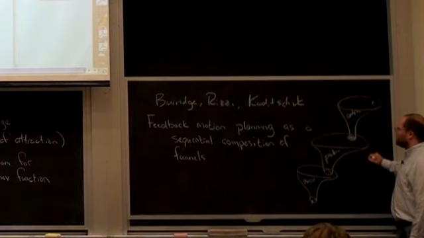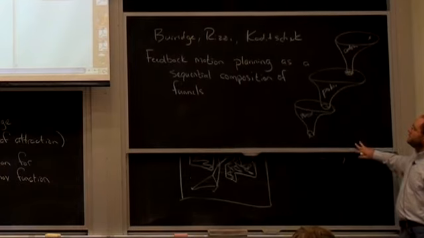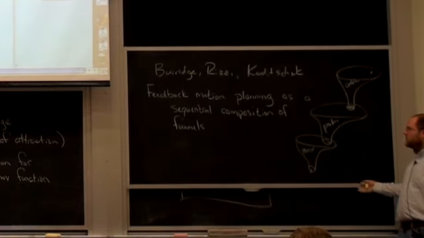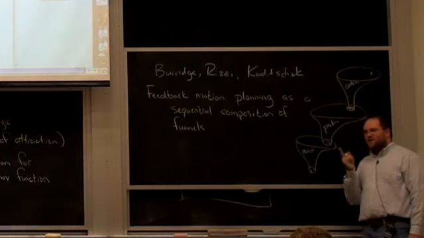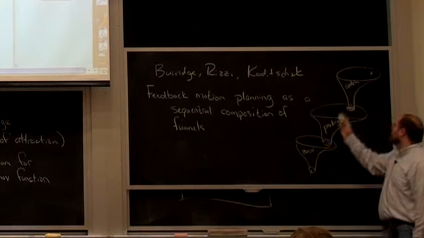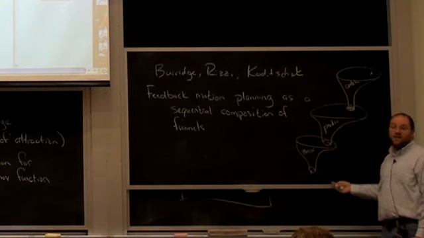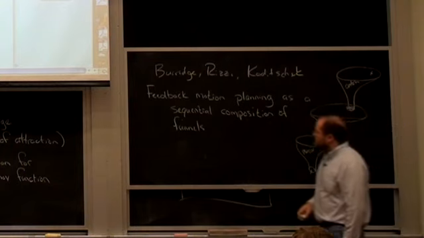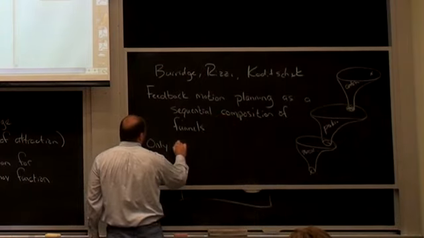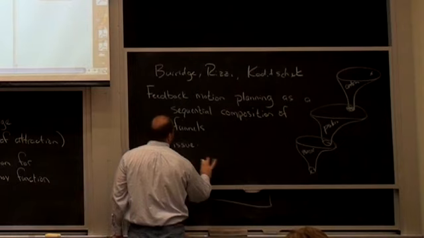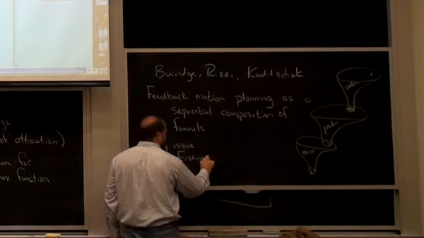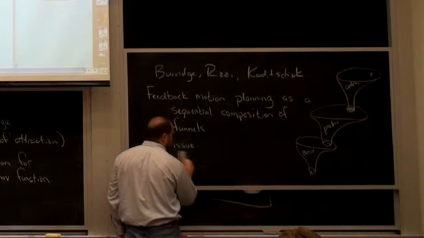As far as I could tell, everybody who read that paper was enamored by it, and nobody's really used it that much because there was one critical problem. Figuring out what those funnels look like is really hard. Yeah? So really the only issue, I think, is describing the basins of attraction, let's say,